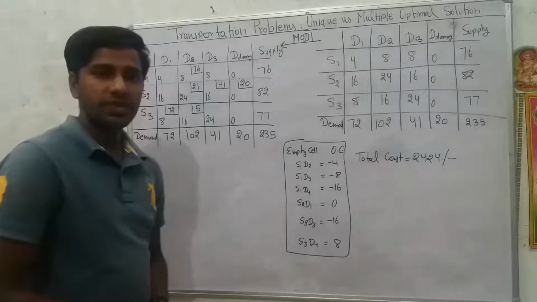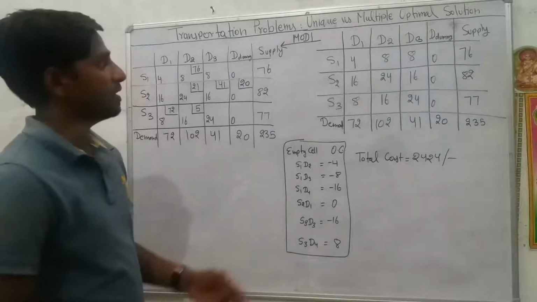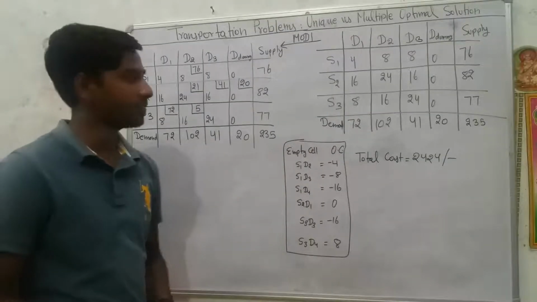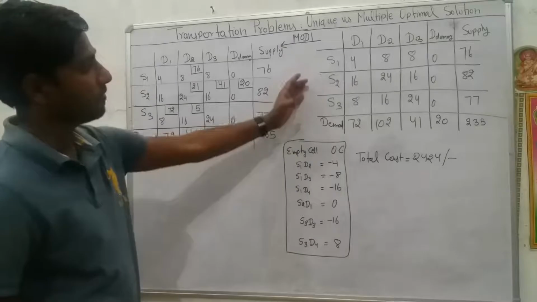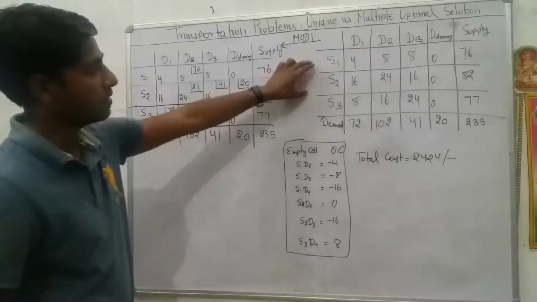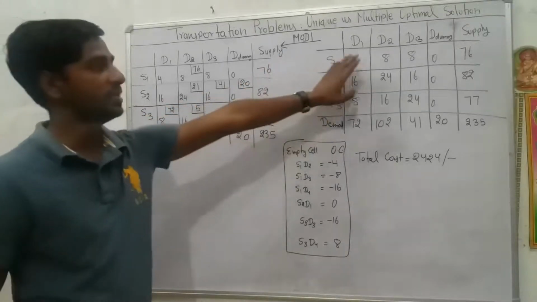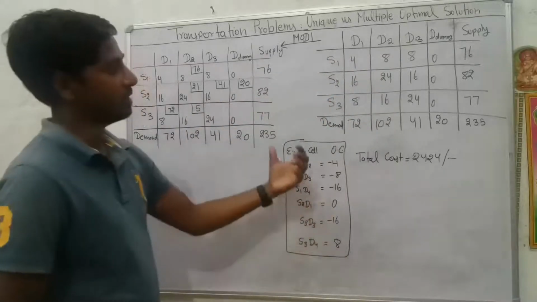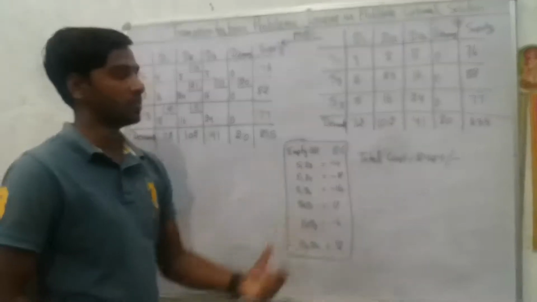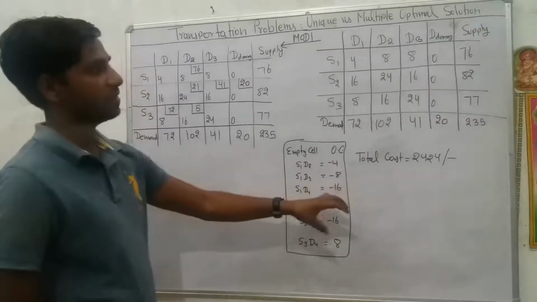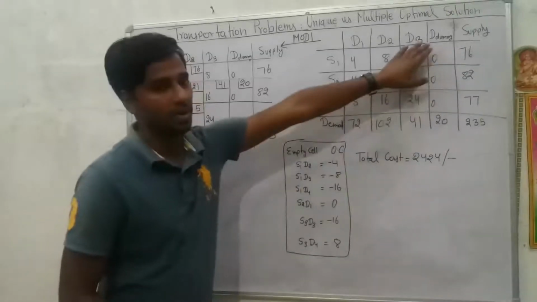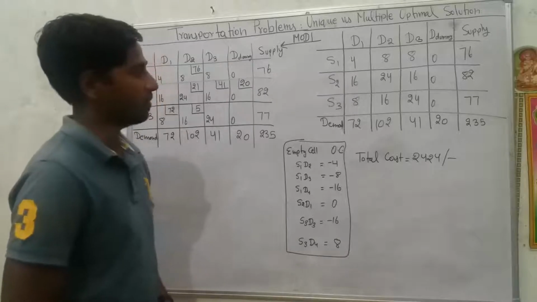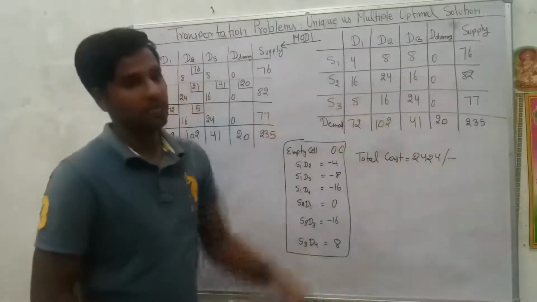Hello everyone. In this video, we are going to discuss a special case of transportation problem that is known as multiple optimal solution. For this purpose, we have a problem with three supply points S1, S2, S3 and three destination points. As this problem was unbalanced in nature, as the total supply was more than the total demand, to balance out the problem, we created a dummy column or a dummy destination to absorb the excessive supply in this problem with 0 per unit cost of transportation.